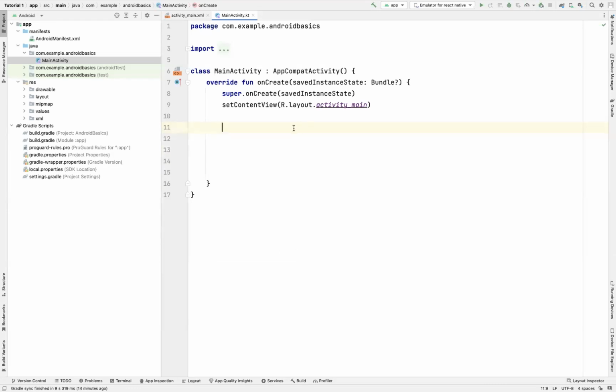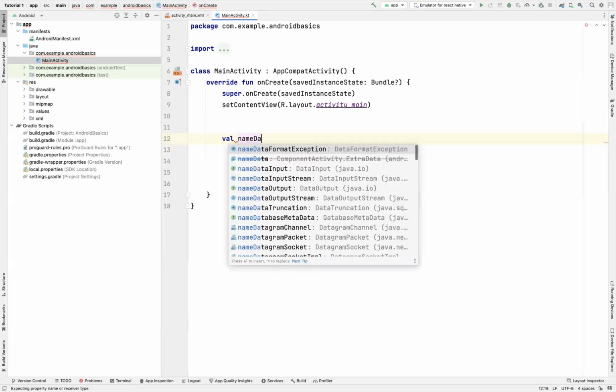To create an array in Kotlin, for example, we are going to create an array of day names. I can use var, or I can use val. We usually use val because we don't want to change it. You use var if you would like to change it. For this particular example, I'm going to use var, and then we'll see what we can play around with. So var name days,